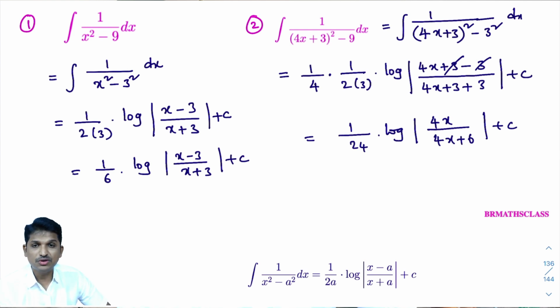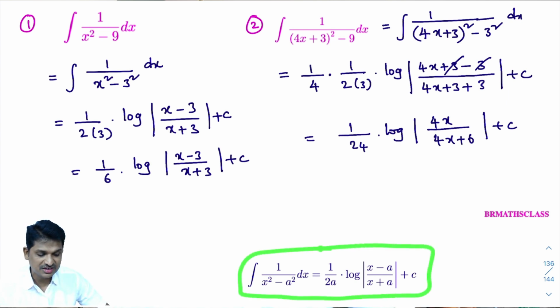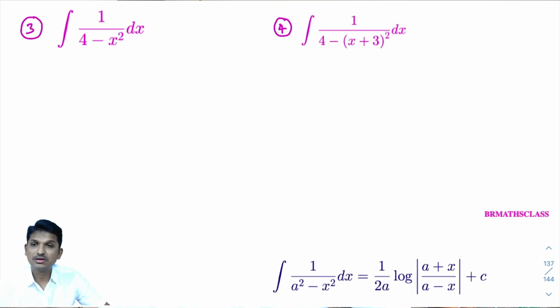See, try to understand, as I am doing somewhat easy problems today, the importance of these formulas is very high from now onwards. Till now, we completed 3 exercises of the NCERT textbook, up to exercise 7.3. Now, these problems are from exercise 7.4. If you want to be good in exercise 7.4, you must be thorough in these formulas. Spend time to learn these formulas. These are very, very important. From now onwards, we are going to use these formulas very frequently. So we completed 2 problems. Now, move to the third problem.